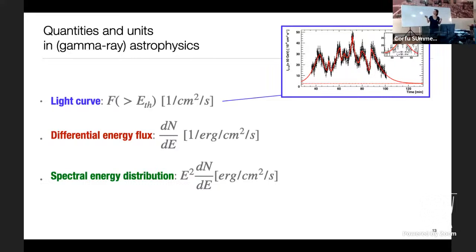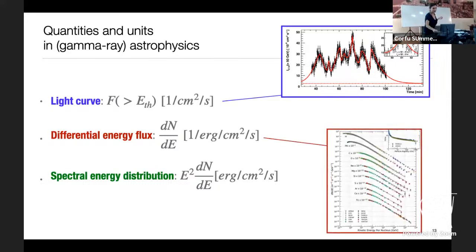And then you can start to see, okay, this is a light curve, so what is this plot telling us? This is the flux above a certain energy as a function of time, okay? So we are looking at the flux changes in time. And in this case, you see the scale is minutes here. So it means that this source above 50 GeV is emitting a variable flux, and the variability time scale is at the minute scale. Okay, this is already an important information.